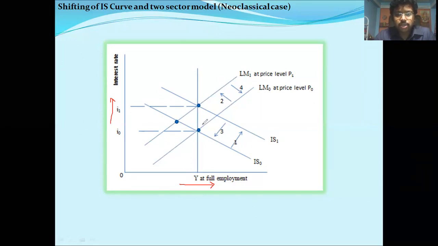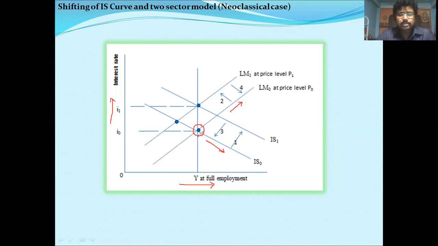Look, this is the initial equilibrium. This is the initial IS curve, and this is the initial LM curve. We start from here. Goods market is in equilibrium at this point, and here is the full employment output curve, the full employment supply curve,